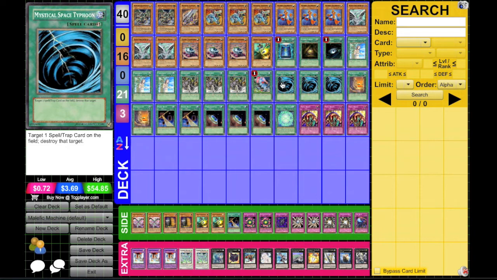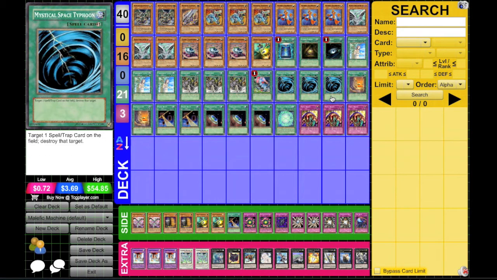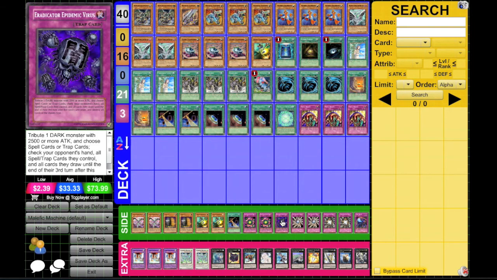This deck has a really favorable matchup against them because we have 3 Forbidden Lands main deck, 3 Mystical Space Typhoons main deck, and also 2 Night Beams main deck. For the side deck, we have a 3rd Night Beam to deal with them, and we also have an Eradicator Epidemic Virus to deal with that as well, because if they try to bottomless something like Cyber End Dragon, we